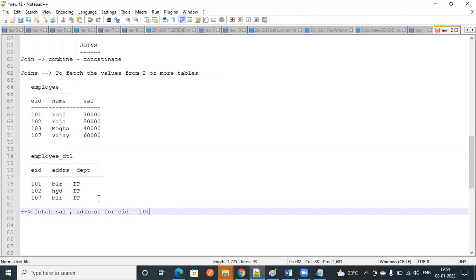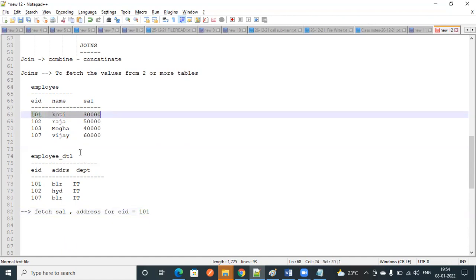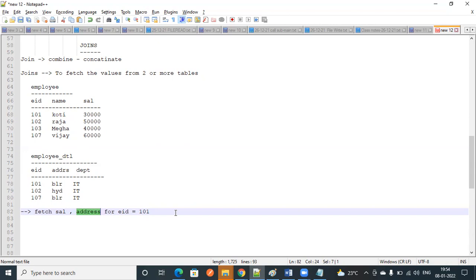We already know how to fetch the value from a single table. Here salary is present in the employee table, and address is present in the employee details table. Later we are going to write this query.